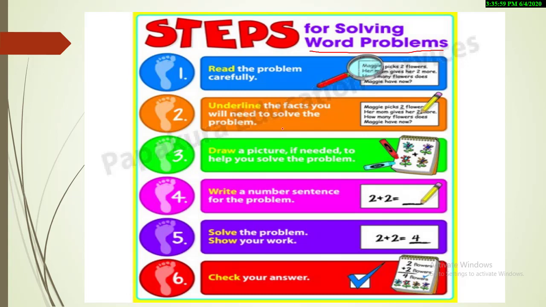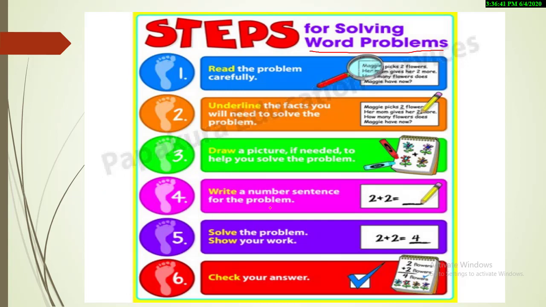Like you're gonna add, you're gonna multiply. So these are the things. Underline these things for yourself. Next is optional. You can draw a picture to help solve the word problem. It's very easy, but it will be a bit difficult for you, especially in grade 3, to draw the pictures of 3504 flowers and then subtract 40. So this kind of picture will not help you in grade 3, but in grade 3 we use bar diagrams, bar charts, which really help you, which I will explain inshallah.